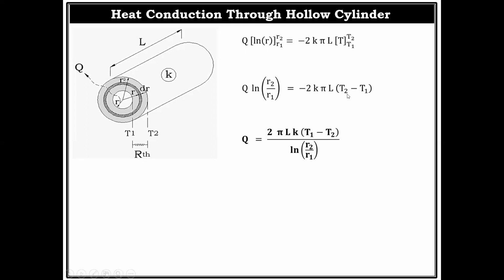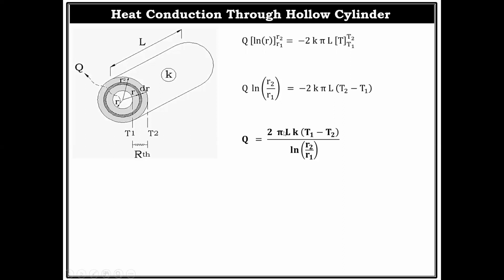Now if I take a common minus sign from this temperature bracket, it becomes minus minus plus, and in the bracket it will be changed to T1 minus T2. So the simplified form is Q is equal to 2 pi L k (T1 minus T2), and this ln r2 upon r1 is shifted to the right-hand side and goes in the denominator. So the denominator will be ln of r2 upon r1. Many times it is asked to find the heat transfer rate per unit length.